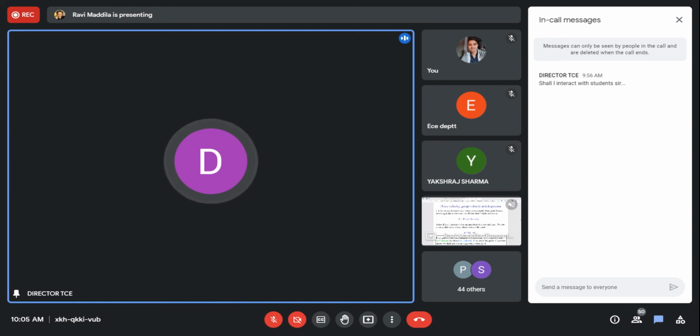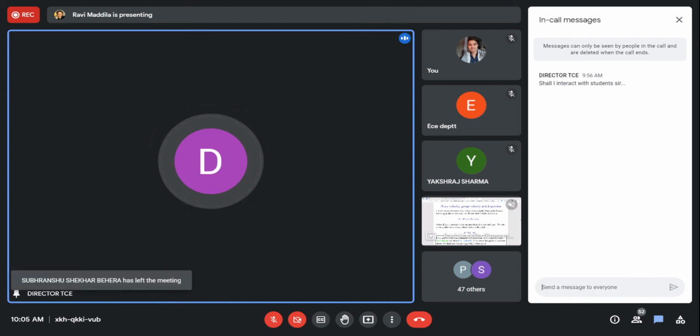I'm really happy that faculty members are spontaneous and students are aggressive enough. Please try to talk to your teachers and find out how best this could be implemented. At least one